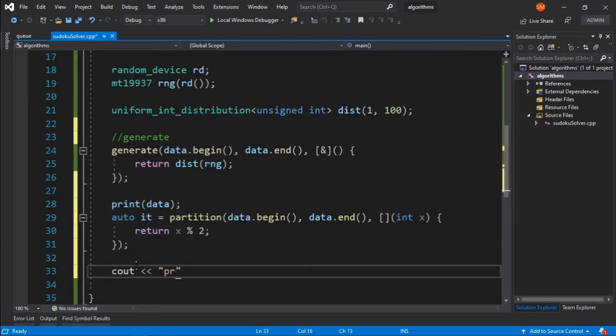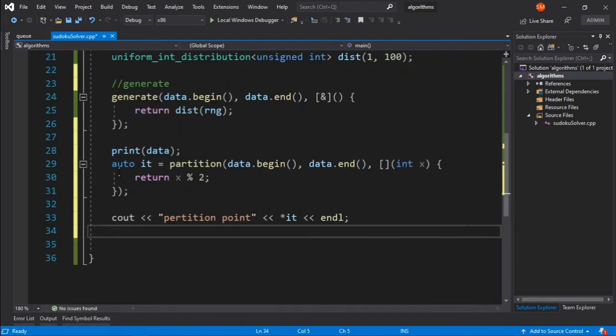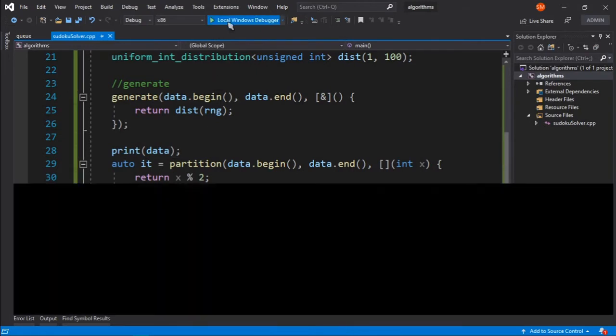So first of all, I would like to print out the partition point. I will say partition point, and then I will simply print my iterator here with an endline that I often forget to print, and then we are going to once again print our data, okay, to check what has happened.